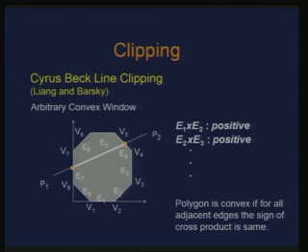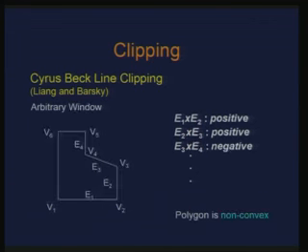Now, let us try to take a shape which is non-convex and see that this gets violated. So, here is a non-convex shape. Clearly that is where you find the non-convexity, at this point V4. What will happen is that you observe a change of sign at some point. All these cross products do not give you the same sign. Then you say that the shape is non-convex.